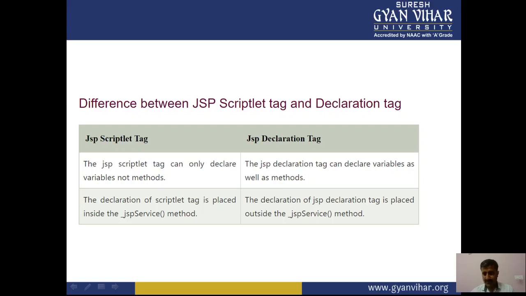The JSP service method is also very important from the perspective of certain things. We are aware that a servlet is basically HTML inside Java, and JSP is all about Java inside the HTML, right?